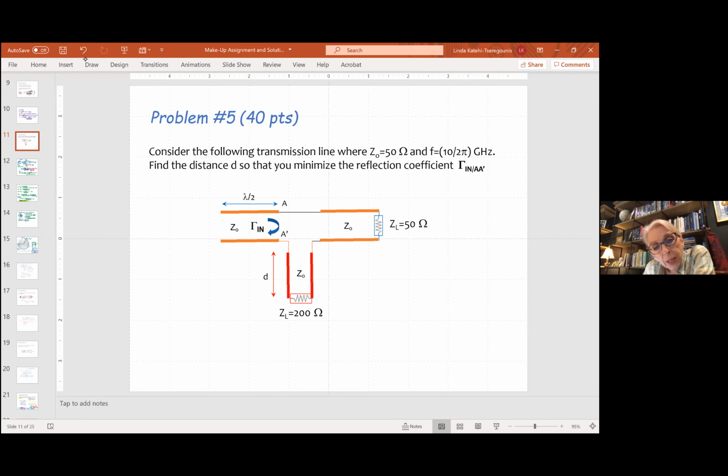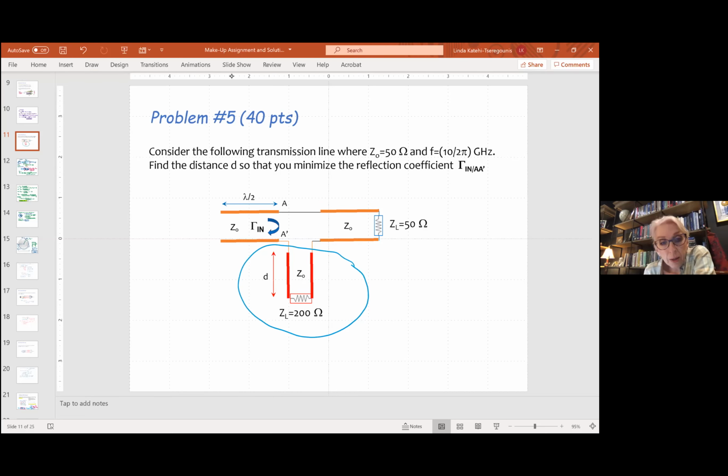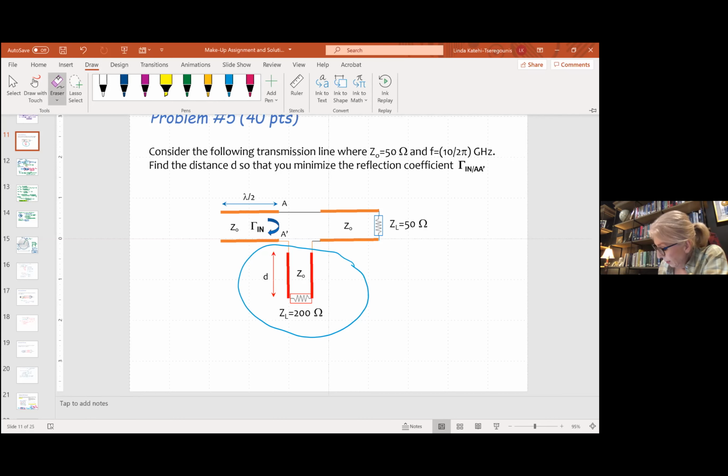Now, let's talk about the other transmission line, this one. Why do I care about its length D? Because it's not matched. The line has a load which is 200 ohms, and it's not matched, which means that the reflection coefficient or the input impedance to this line, what do I mean by that? If I look at this line like this,